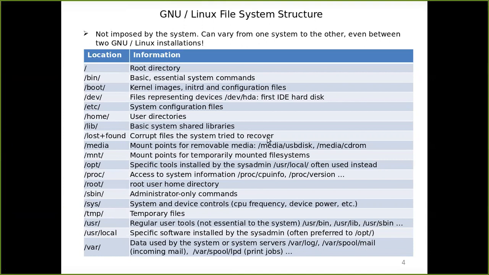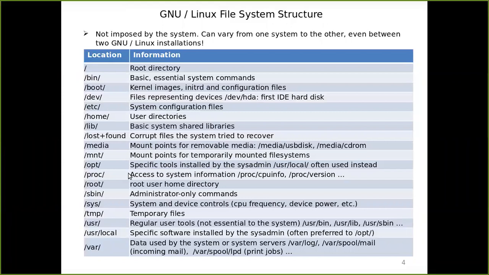Media is for mount points. The original device will be available under /dev, but you cannot see the data there. If you want to see the data, it will be under media. So these are mountable devices, removable media, and mount points for temporarily mounted systems. For a USB, instead of media, I can put in my own mount point, so it doesn't matter. You can also use this mount point. By default it will give media.